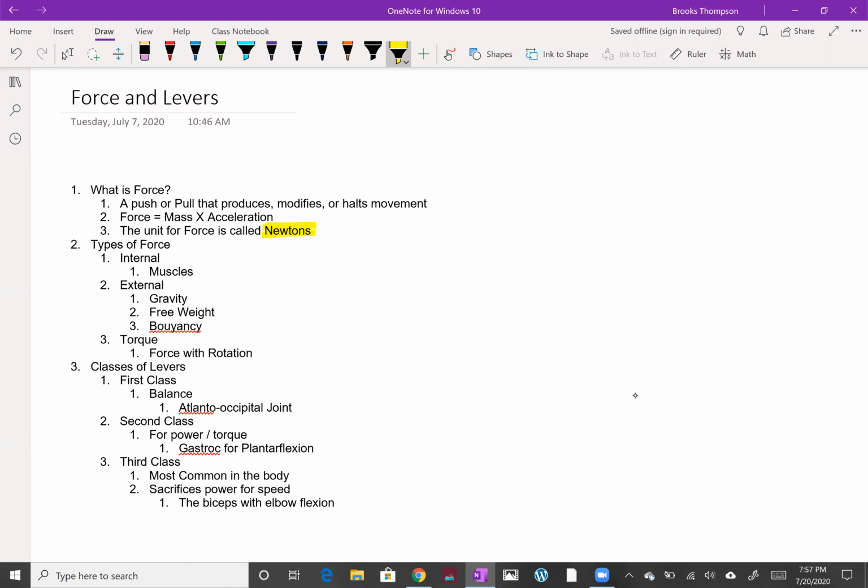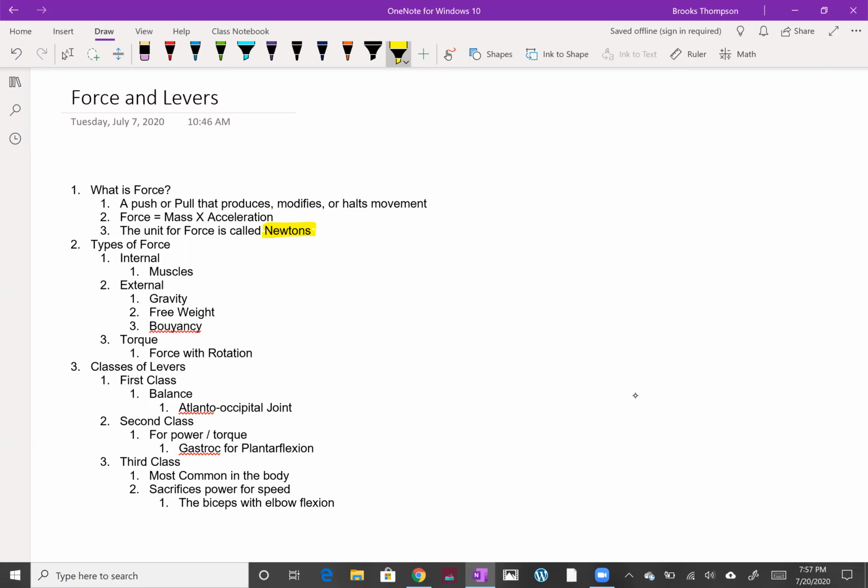Now, there are two major types of force that lead to a third, more miscellaneous kind of thing that we'll talk about. But first is internal force. Internal force, your muscles. That's what causes all your movement in your body internally. And then the second is external forces. Gravity, a free weight, a TheraBand, another person pushing you, manual resistance, buoyancy, anything outside of you is an external